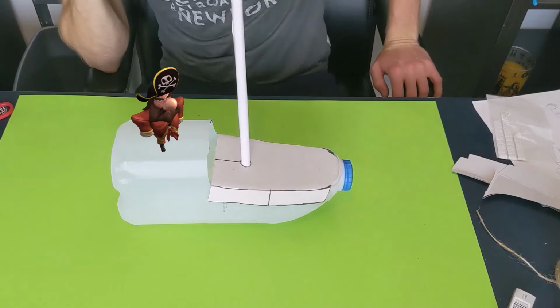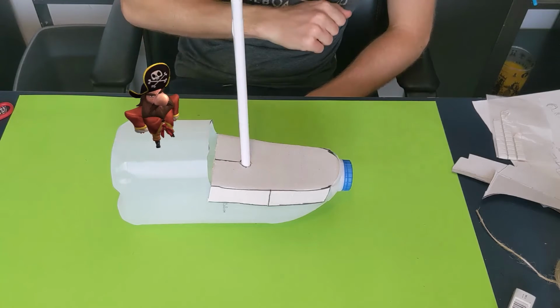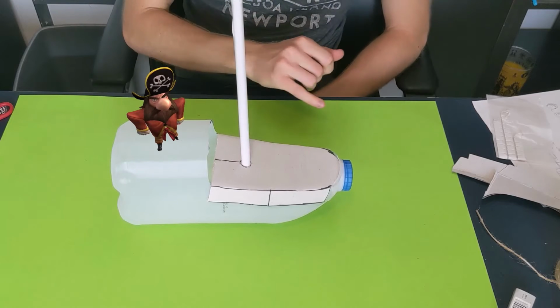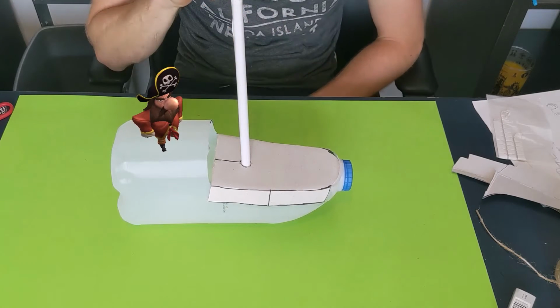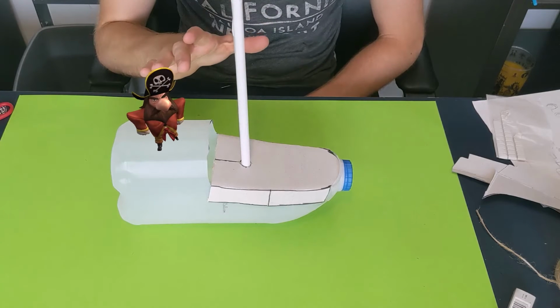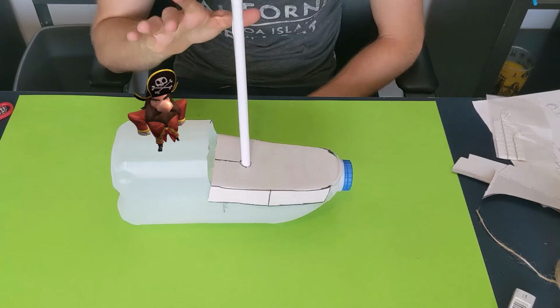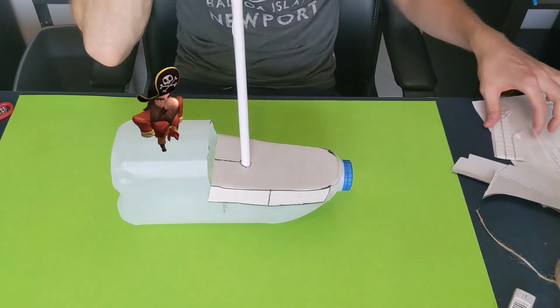The next step I would suggest doing is around here where the mast goes through the bit of cardboard, so our deck, is trying to secure this. Now there's quite a few different ways you could do this. Again, if you've got a hot glue gun and your parents are there to obviously help you with it, don't do it on your own. But if your parents are there to help you with it, you could just hot glue gun round it, or